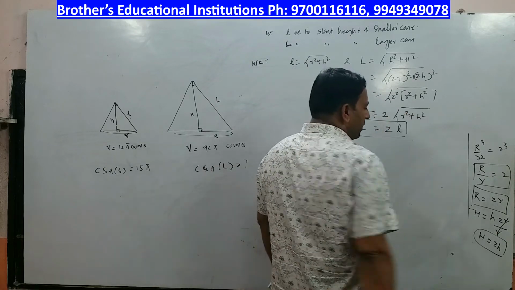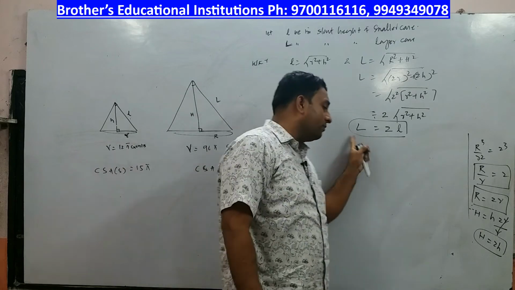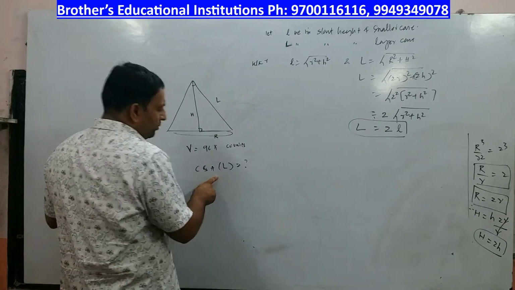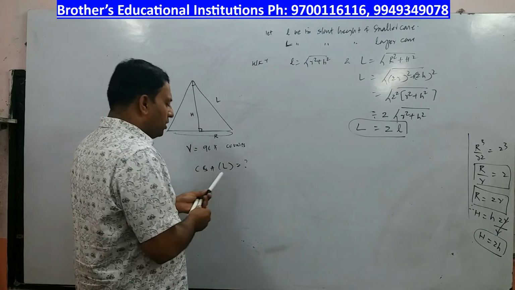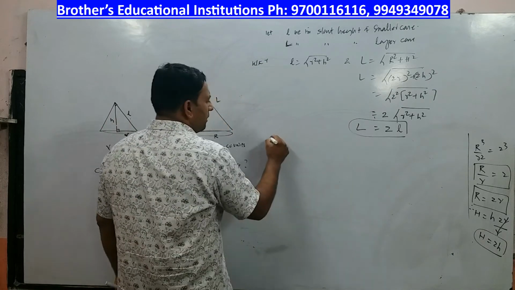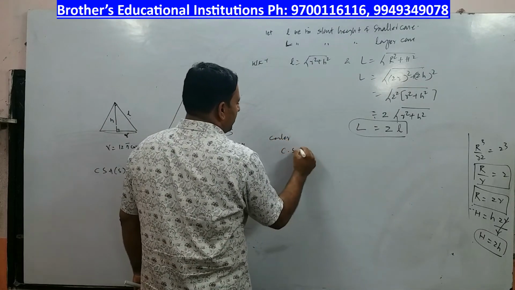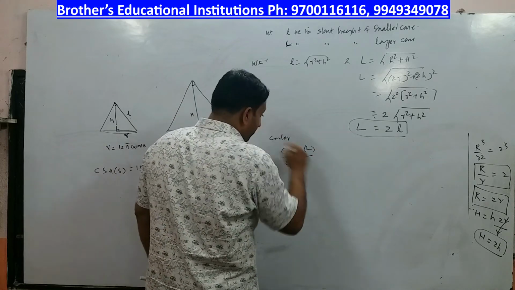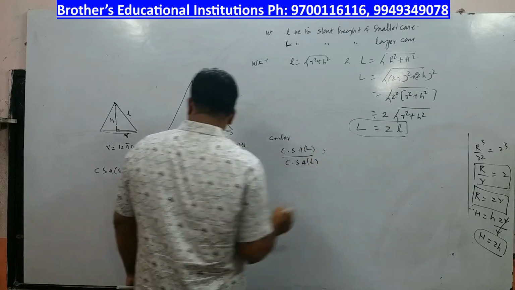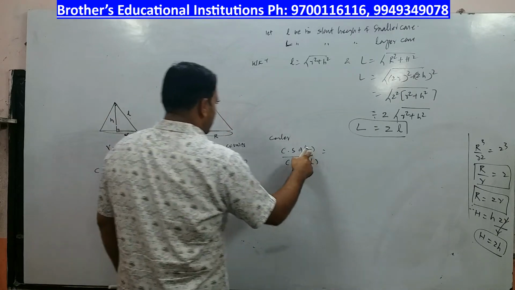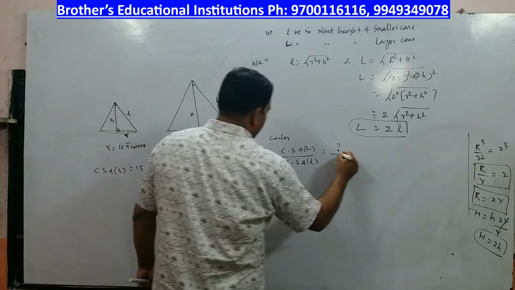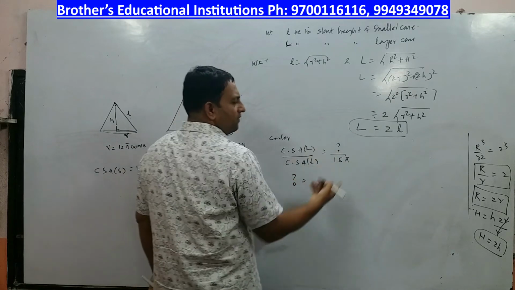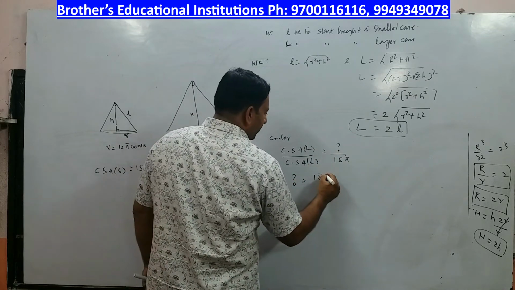So again you have this relationship between the slant height of the larger cone and the slant height of the smaller cone. Now let us try to move forward. What are we supposed to find? We are supposed to find the curved surface area of the larger cone. Consider the curved surface area of the larger cone by the curved surface area of the smaller cone is equal to, what is given to you? The curved surface area of the larger cone we do not know, it is a question mark, by the curved surface area of the smaller cone, which is 15 pi. So question mark means the curved surface area of the larger cone is equal to 15 pi